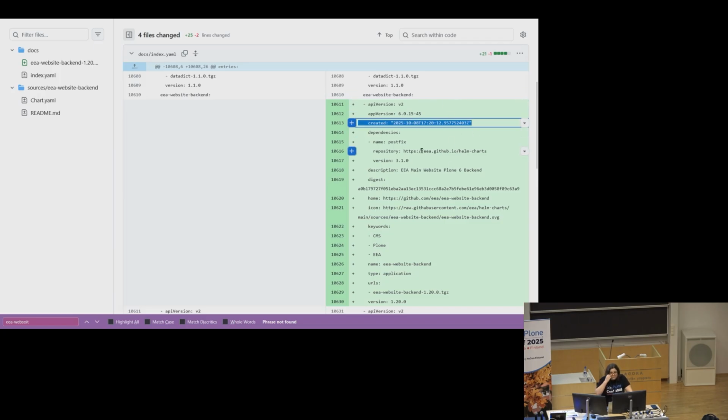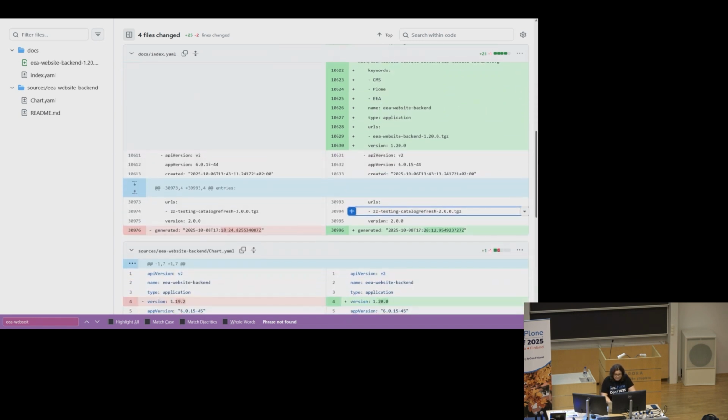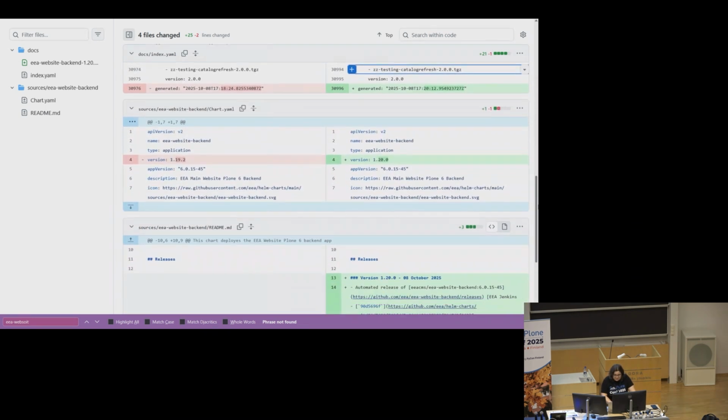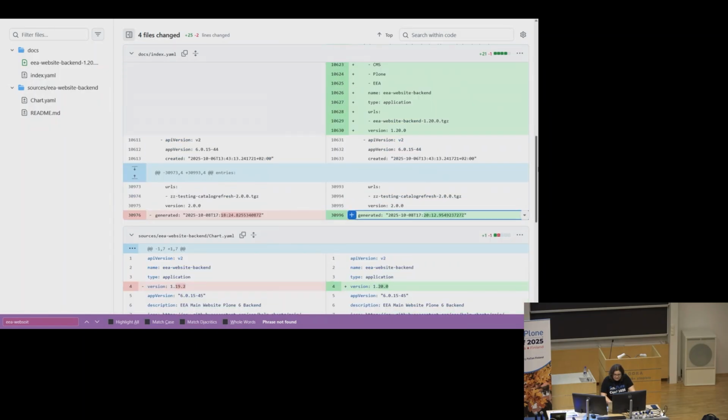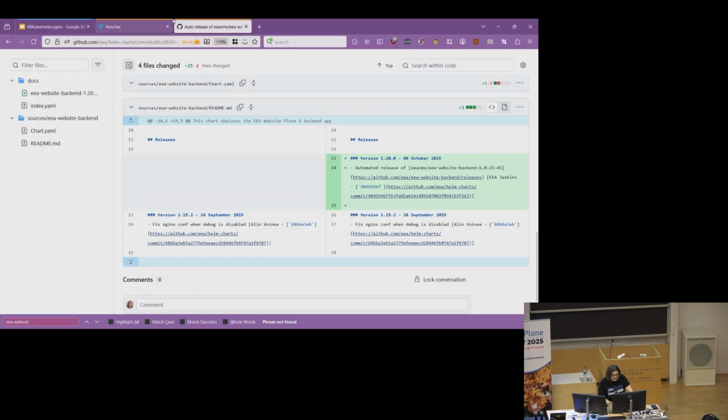If you don't do it with merge, it will recreate everything with the date of today, and you won't be able to see exactly the correct date of the release in Helm. And here is the chart update with the version. Here is the README update that we added. So this is like a short presentation of